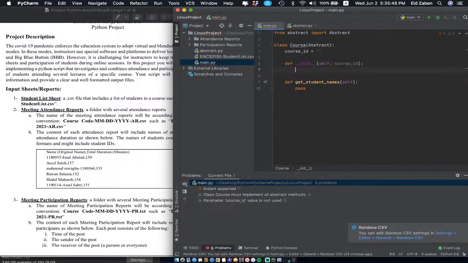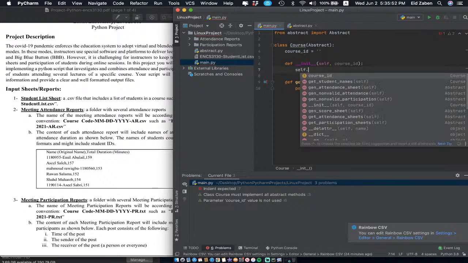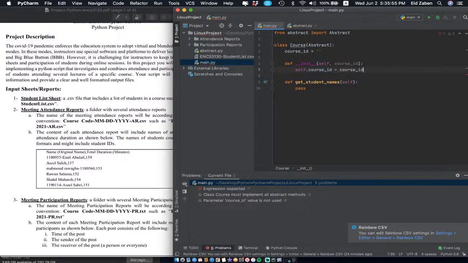That just feels like the most logical approach. And then we'll say self.course_id equals course ID. I think that's how it works in Python. Yeah, sounds good. And then as for the dates, I'm trying to figure out where we would get those from. So now that we have the course ID, we can access all of the attendance and participation reports of that course. So hypothetically, if the